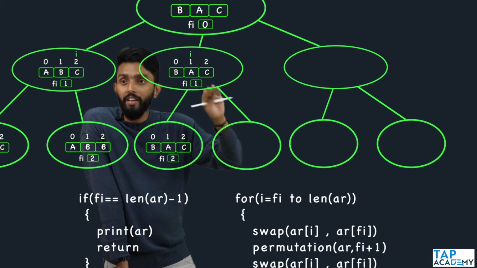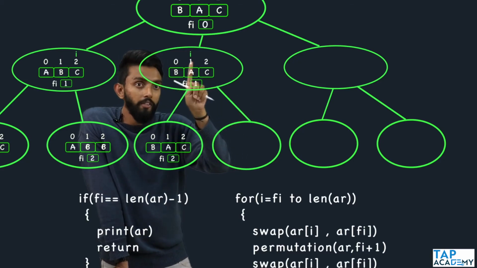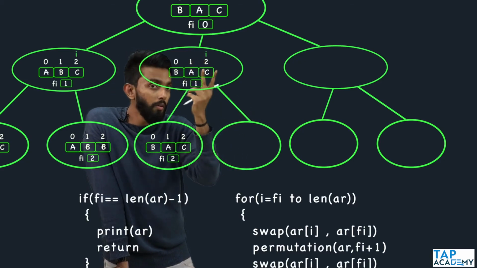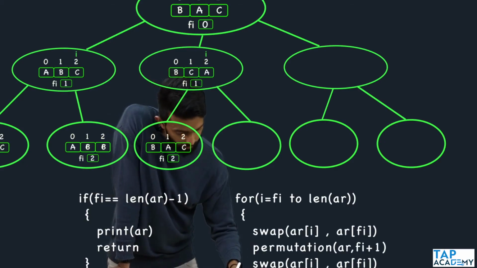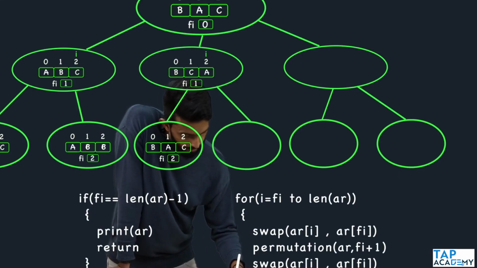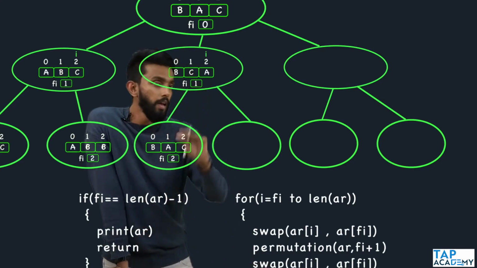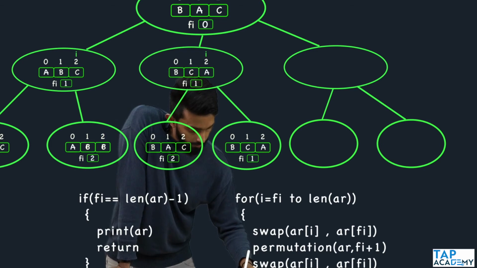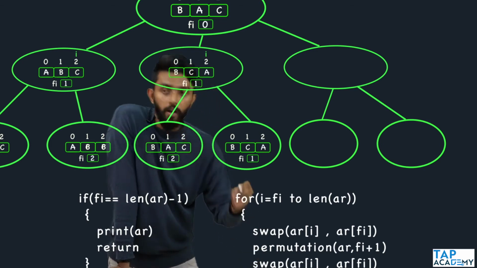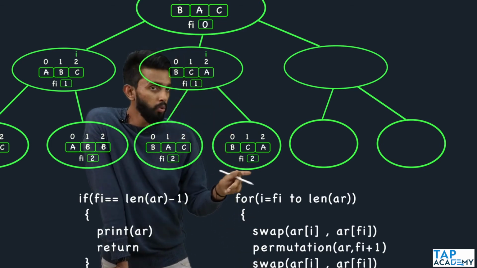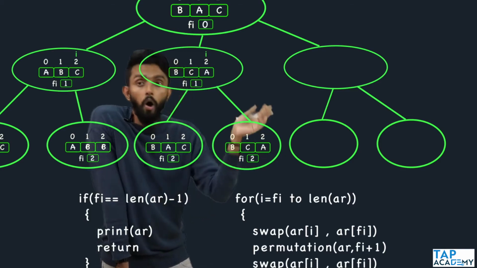After which in the next line, what am I doing? I value is at 1, it becomes 2. Now I will swap these two. If I swap these two, it is now going to become BCA, like this. That is what is sent. BCA. fi value is incremented, it becomes 2. Base condition, you will print it. Now when you return,